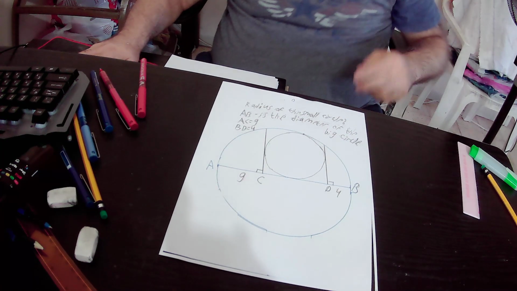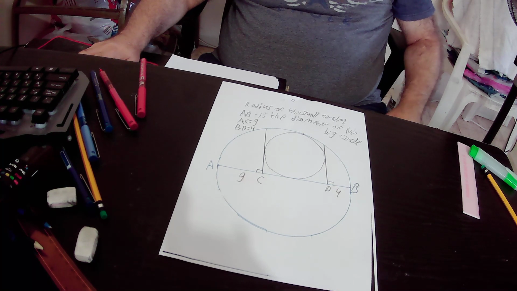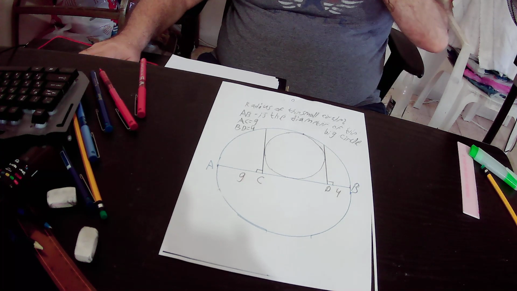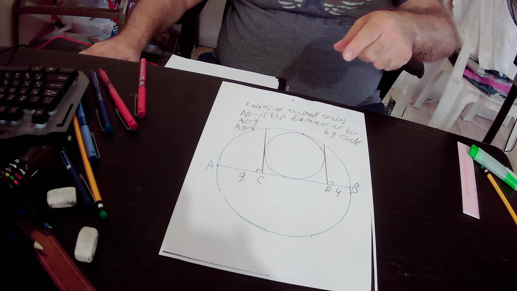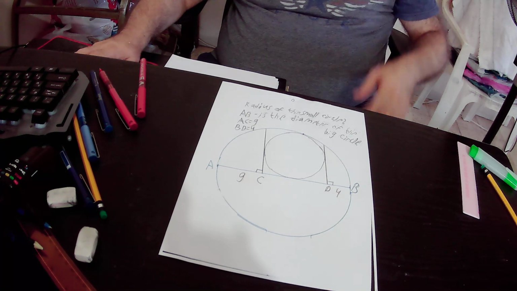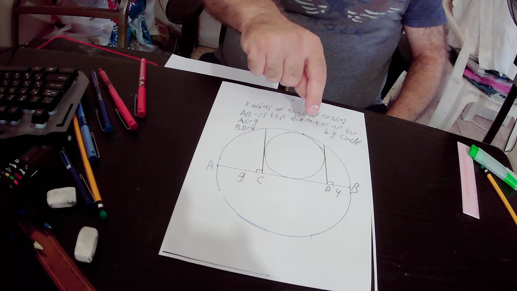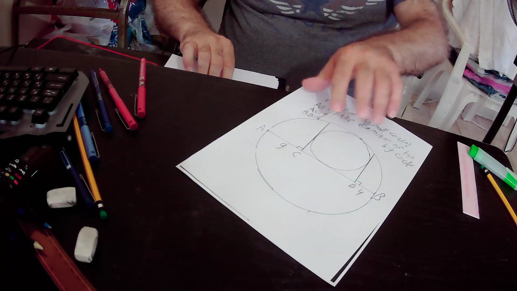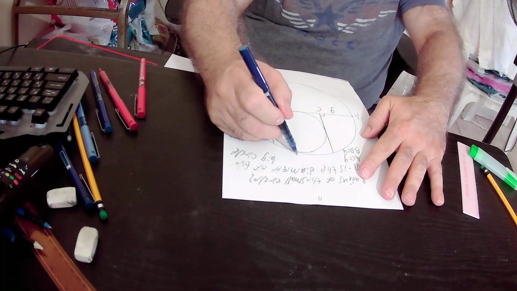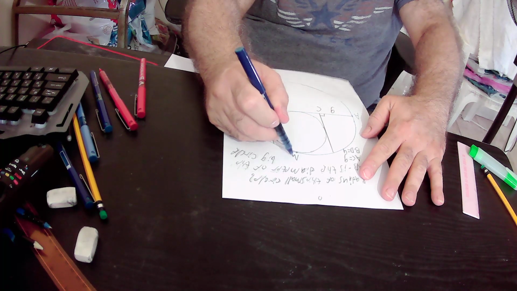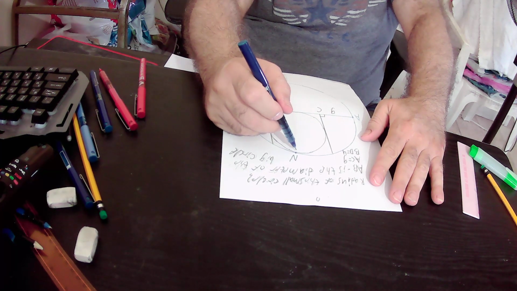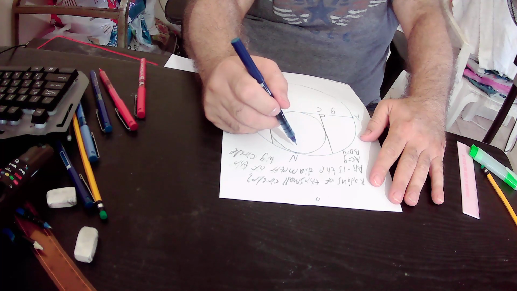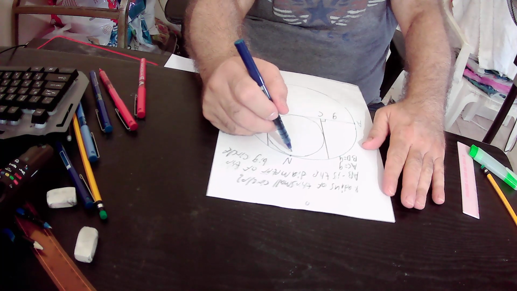Hello, in this lecture we will find the area of the small circle. In the drawing we have two circles with an internal tangency between them at this point. Let's call this point N. The two circles touch each other at point N. They have internal tangency between them at point N,